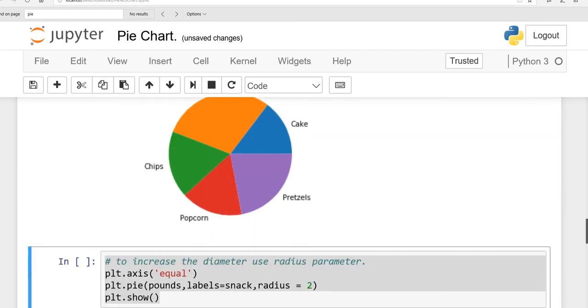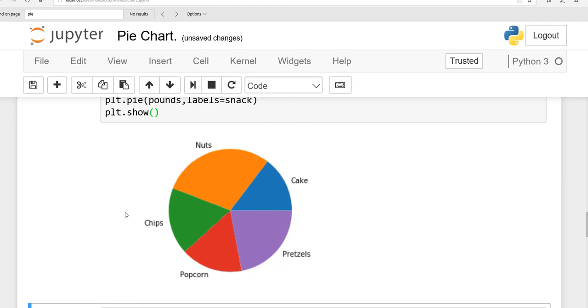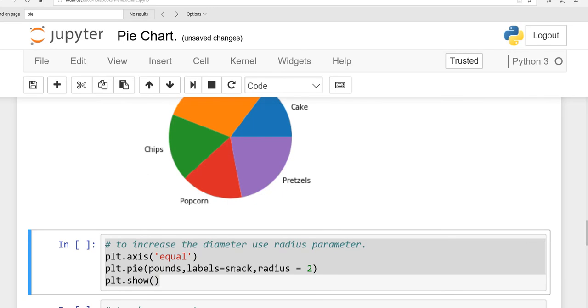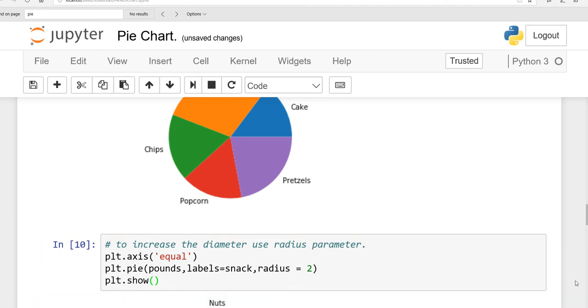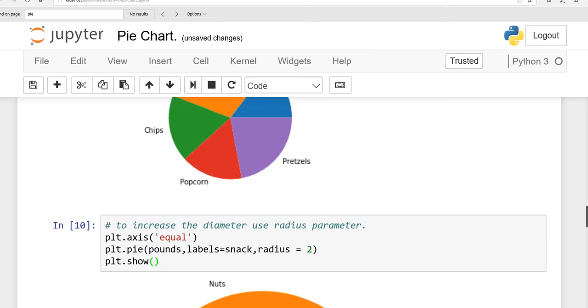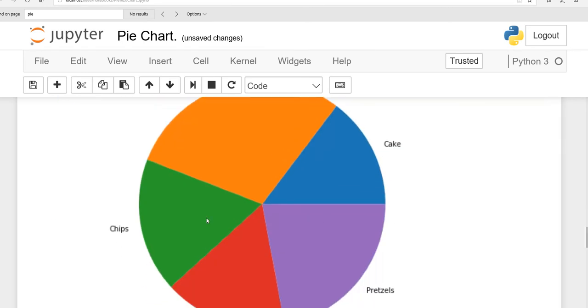Okay, move on. Suppose you want to increase the diameter of your pie chart, it's up to you according to your choice. You have to use the radius parameter, and I have mentioned here, to increase the diameter, use the radius parameter. Here I have written 2. You can try 1.5, 1, 3, whatever you want, but I have written 2 here. When I run this, you can see we have a pie chart of radius 2,